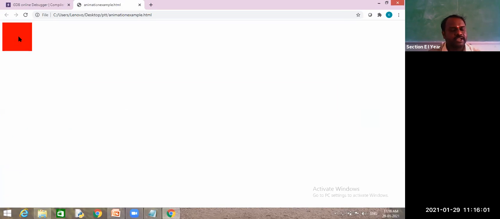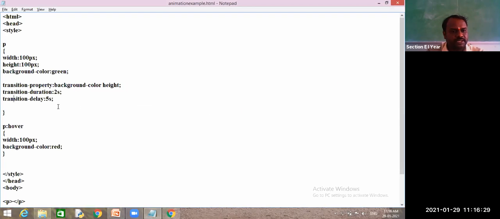Then it changed to red color. Did you observe? If the mouse moves out, it waits 5 seconds, again coming back to green. Next, move onto this one, it will wait 5 seconds, again this transition will apply. This is giving the delay time to start your transition. So you can give it this way.